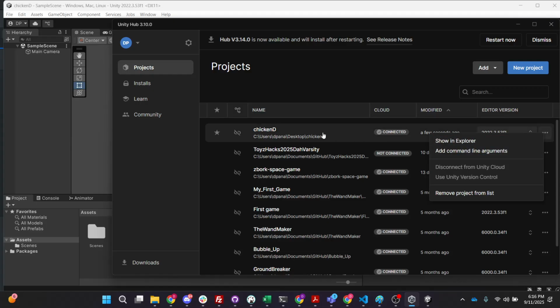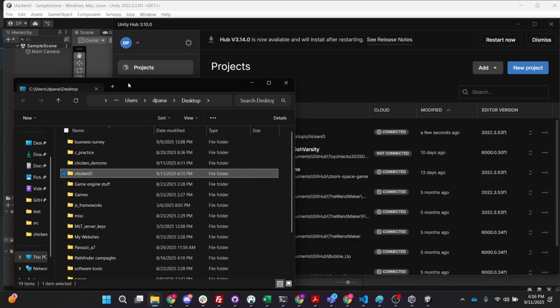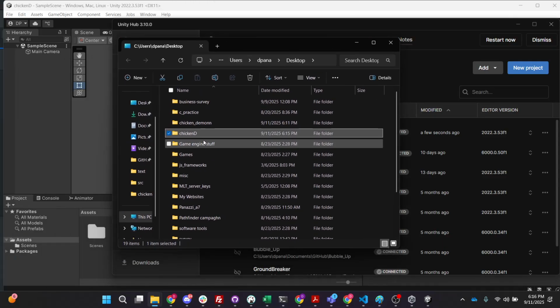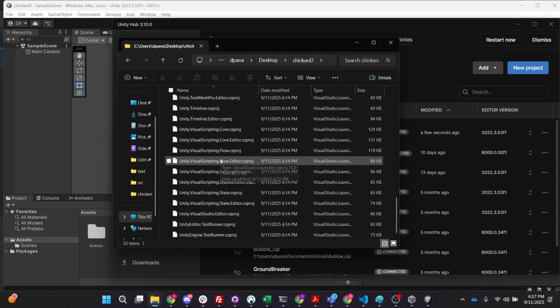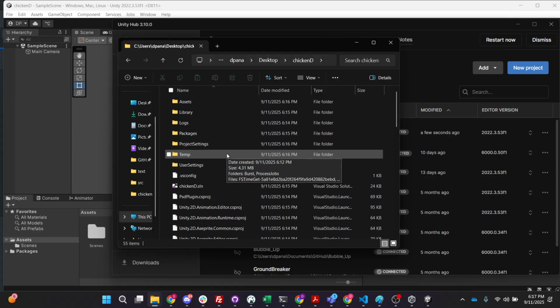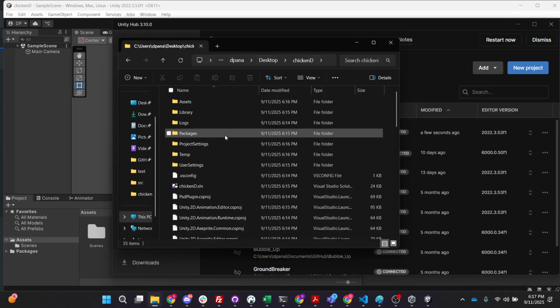All right, so if you go in Unity Hub, you can see the project file, and you know how I showed you guys the bubble one. This is Chicken D. So open up Chicken D, and you have all this stuff that was already configured when you made your project. This is all just the pre-made files and folders. Don't make the file names too long,